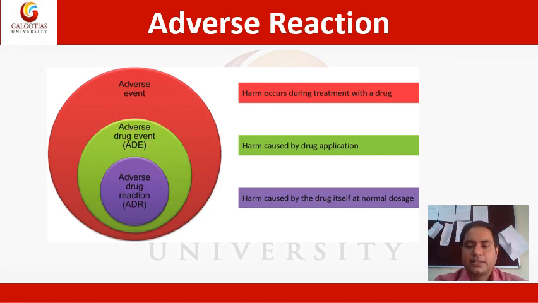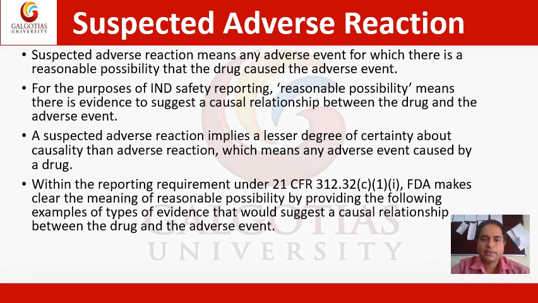adverse drug reactions. The suspected adverse reaction means any adverse event for which there is a reasonable possibility that the drug caused the adverse event. For the purpose of IND safety reporting, reasonable possibility means there is evidence to suggest a causal relationship between the drug and the adverse event. A suspected adverse reaction implies a lesser degree of certainty about the causality than adverse reactions,